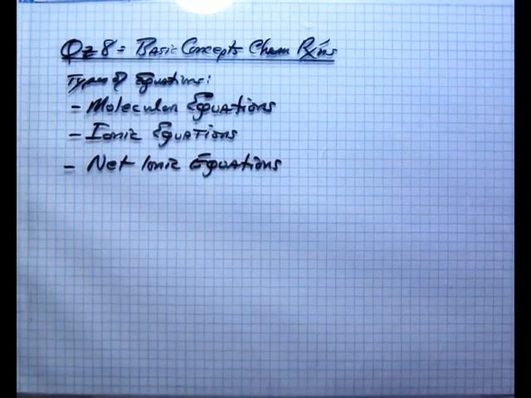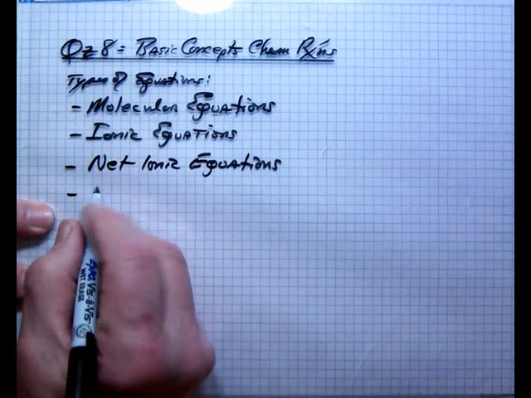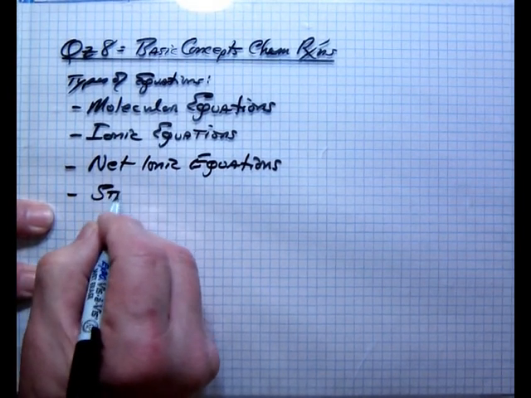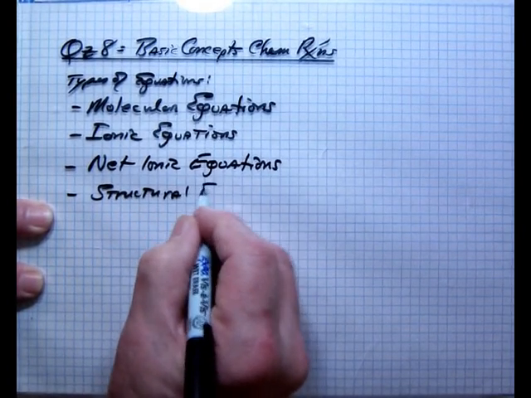Now these are the three I've emphasized in the single replacement reactions, which I'll show you more about in a minute. But there's also one referred to as a structural equation,